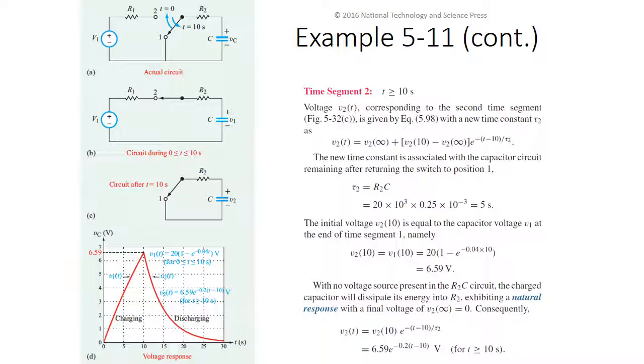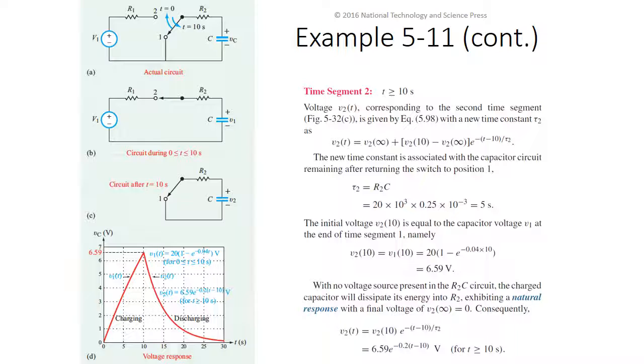And I know I'm rushing through this quickly. We're going to go through this pen and paper again later so you can see. But right now I want to talk more about that chart to make sure you get an idea of the concept when I'm solving it later. And then because there's no voltage source present in the R2C circuit, and that doesn't mean there's two R2s, it just means the second RC, the discharge circuit,